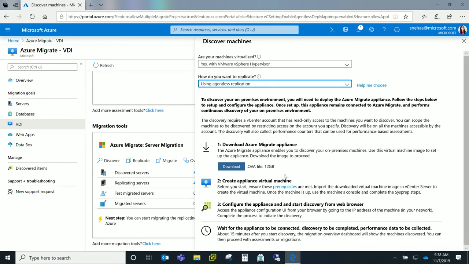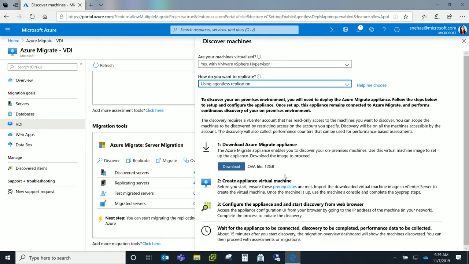For VMware, for example, we require you to deploy an appliance, and using the appliance, we do the discovery. We try to make it agentless as much as possible. Recently, we announced the general availability of the agentless scenario for VMware, where you could download an appliance. It's a simple VM image that you download from us and spin a VM out of it to create the appliance. Now, once you spin up the appliance, you connect to it, and you provide connection details for your on-prem setup. In case of VMware, you need to provide us vCenter server credentials. We do not install agents on any of your VMs. We use the credentials to connect to your virtual desktops and start migrating them.